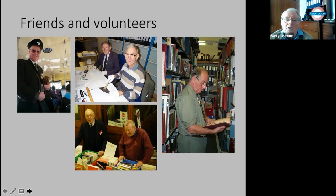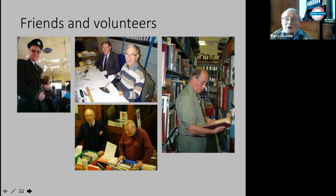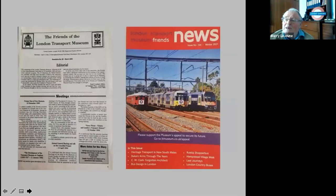But before too long, volunteering became as much part of what the Friends did as the fundraising, and so many people were involved. It's almost invidious to pick out names, but pick out a few of the favourite ones, and particularly the ones that we happen to have photographs of. That's one of the reasons why this selection's been made. But volunteering sort of came along second, and then of course what we developed into was an organisation, as well